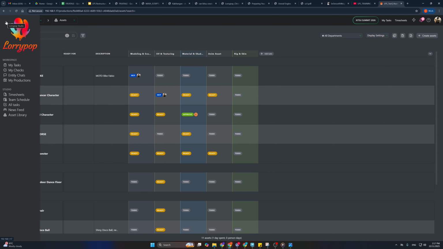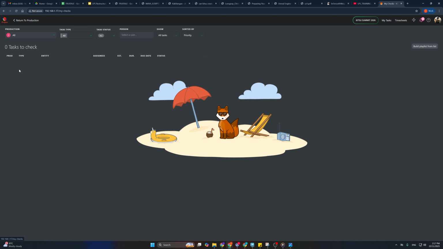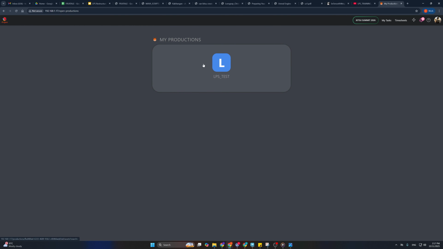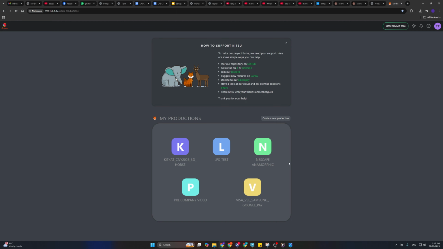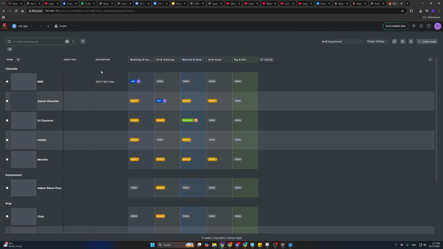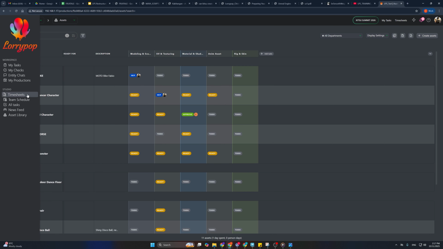And then at the side there, you click on the logo, you can see that there are a few buttons to click. Actually, this one, my task, is the same as this one. And my check is more for the supervisor task, to check which work is in progress to give feedback. So my production is which job you are currently assigned on. So only one job is assigned here. From the supervisor tab, you can see a lot of jobs ongoing, but maybe you are just assigned on this task, so you are just going to see one